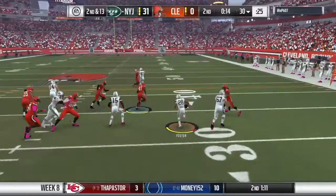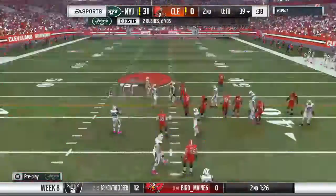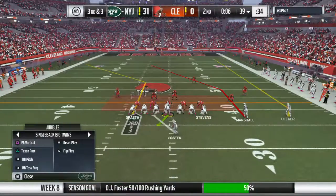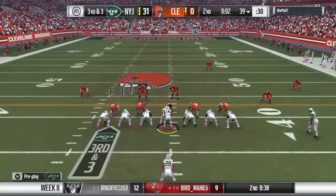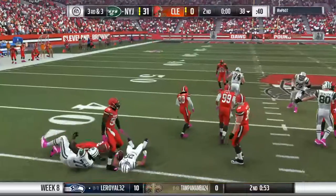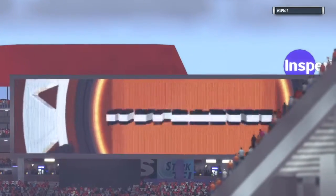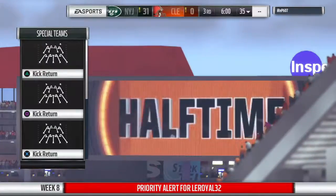Now they'll run it on the toss. And he'll get this one up to about the 39 here. A nice job there as he rumbles for 9. And it'll be back to a 3rd and 3. And now it looks like they're going to be in the hurry-up. Now they'll run it on the toss. And this play will be blown up. He'll lose yardage back at the 38. So we've reached halftime here in what is quickly turning into quite a rout as we send you down to